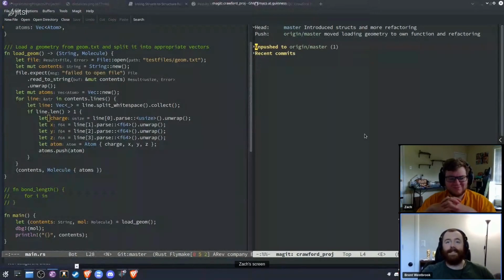I still think it's valuable to do this one because it'll give you some reps with for loops and stuff. We definitely need to at least compute bond lengths and do some of the geometry. I'm not sure we need to go as far as diagonalizing the moment of inertia tensor, although that gives us an excuse to add a crate. That'll show us how to import a library. So we can turn it into a reasonable project, but strictly looking at the instructions,